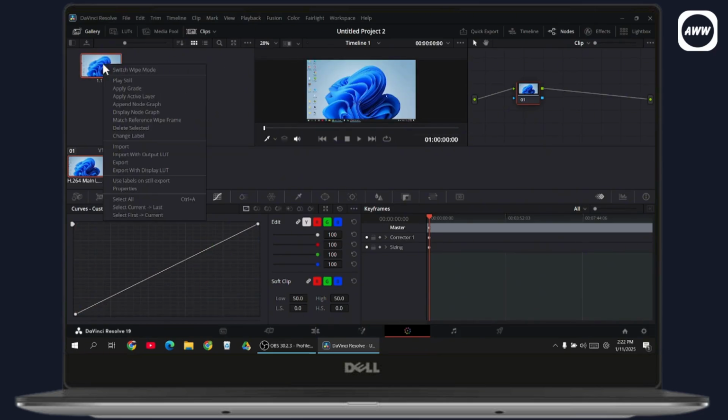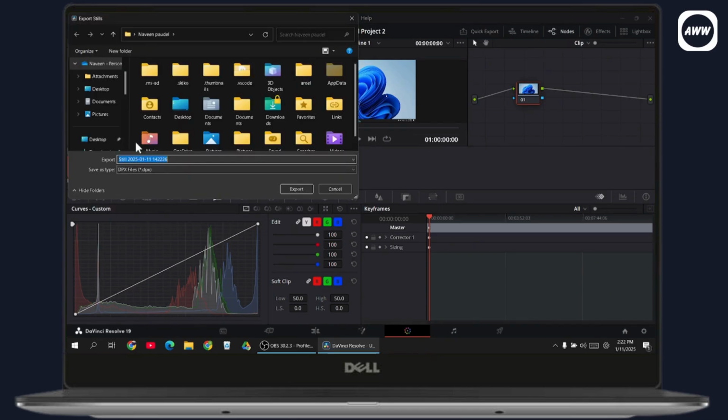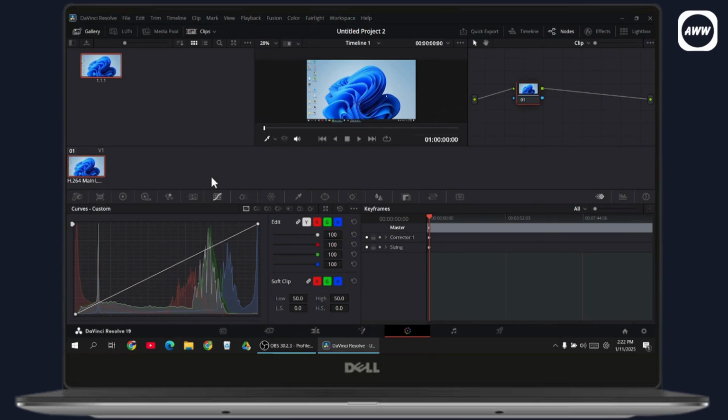So you just need to simply right click on this one too and you will have an option to export. So click on export. Once you click on export, now you need to select the location where you would like to save and then go with export. You can also go with save as type and then choose the file and then go with export. That's it. That's how you can grab